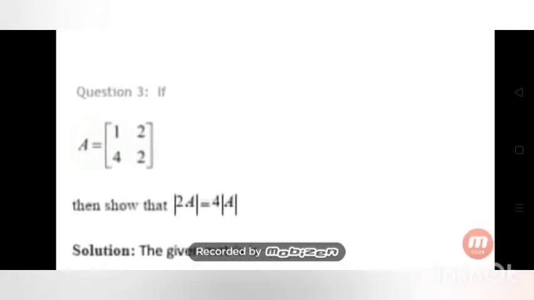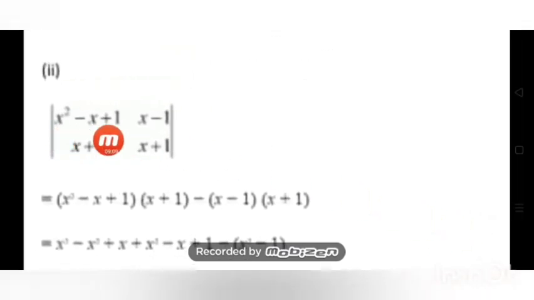After that, let us proceed to the next question. You see here, this is your next question. First, it's an algebraic expression. First element is x square minus x plus 1. Second element x minus 1. This is x plus 1 and x plus 1. So this is the first element into this one, that means x square minus x plus 1 into x plus 1. Then minus this into this one, x minus 1 into x plus 1. Do the product, ordinary product you can do. X square into x is x cube, then minus x into x is x square, plus 1 into x is x, then do 1. X square into 1 is x square, minus x plus 1.